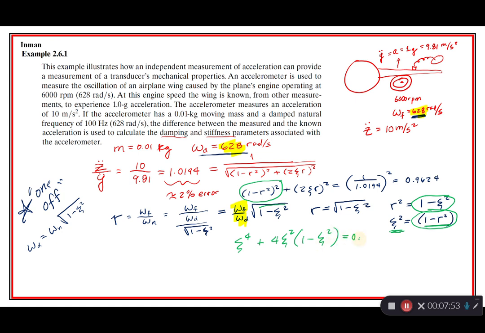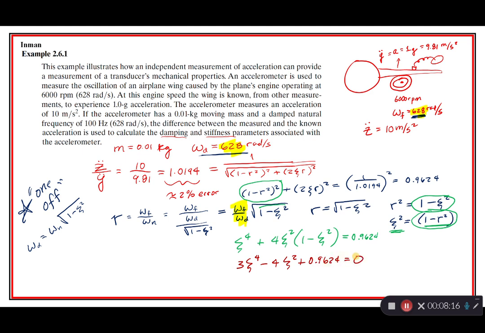And now we got 0.9624. So now we can write this out again, collect some terms. Let's change it to dark red. So we're going to have 3 times squiggle to the 4th minus 4 squiggle squared plus